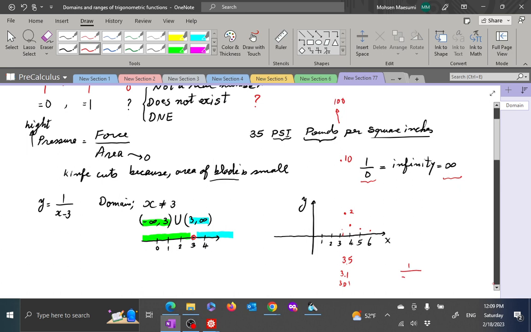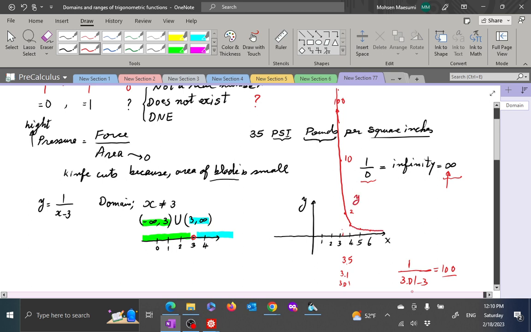So if I have 1 over 3.01 minus 3, so if the input of my function is 3.01, I'm coming very close to 3, and plug it there, what am I going to get? Well, you take it and divide it, you see you get 100. So the closer I come to 3, the higher up I'm going to go, and that trend is indicated by saying we are going to infinity. So infinity is going to appear as all the way up there, the high values of y, and that is